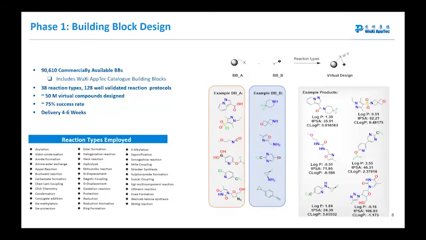So phase 1 is the building block design. As I previously mentioned, there's about 90,000 commercially available BBs. It includes all the WuXi AppTec catalog building blocks. There were 38 different reaction types, 128 well-validated reaction protocols. We trimmed this portion of the space down to 50 million virtual compounds, again with a 75% success rate, delivery